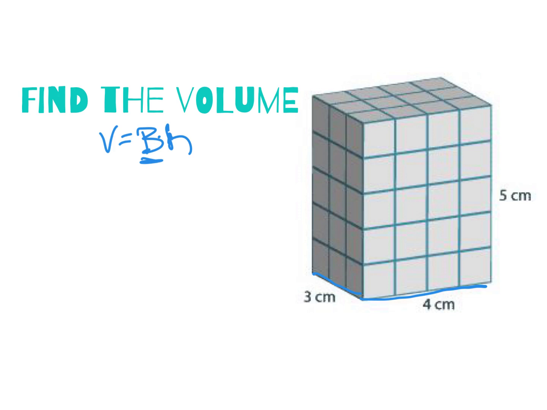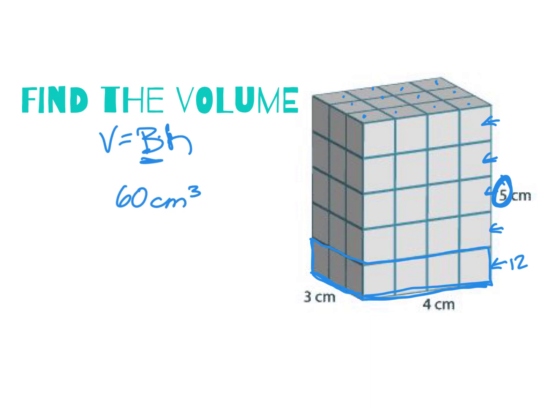Then I'm going to multiply it times 5. Here's why. Think of the area of the base being what's the bottom layer, right? And then 3-dimensionally, the bottom layer would be 12 cubes. Technically, area isn't cubes, but there would be 12 here, correct? 3 going this way, 4 going this way. It's a rectangle. There's going to be 12 there. We could actually even count the top to find out what the area of one layer is. Okay, there's 12. And each one of these is going to hold 12. And that's why we're multiplying it. We're doing the quick math. Instead of adding 12 plus 12 plus 12 plus 12 plus 12, we're multiplying 12 times 5 to get 60